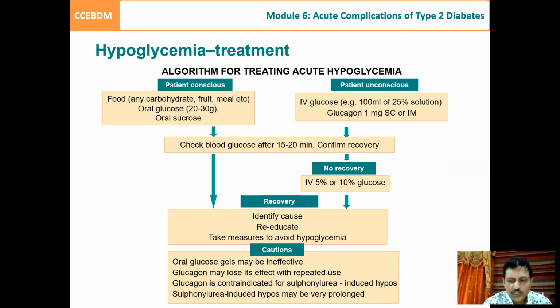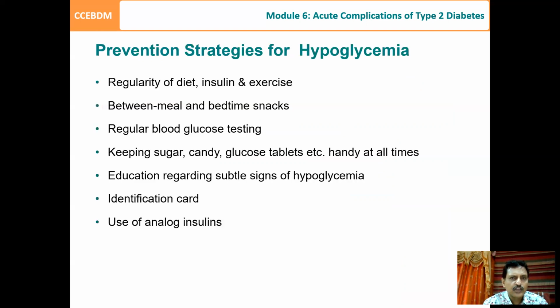Sometimes sulfonylurea-induced hypoglycemia may be very prolonged, and you have to give a glucose drip for a long period of time, particularly when you are giving long-acting preparations of sulfonylurea. So the prevention strategy is to check regularity in the diet, exercise,